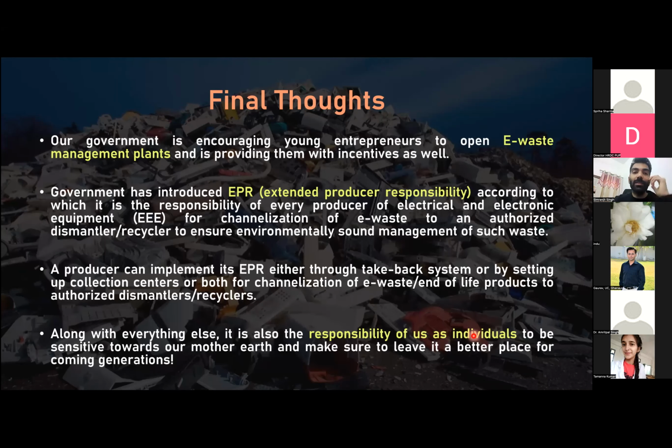So the final thoughts, finally I come to the end. Our government, especially I'm talking about India now, is encouraging young entrepreneurs, they've started a lot of schemes for young people, young entrepreneurs कि e-waste management के प्लांट खोलो, उनको इंसेंटिव भी देते हैं, परफॉर्मेंस लिंक्ड इंसेंटिव बोलते हैं, PLIs भी देते हैं उनको, कहते हैं कि आप करो, और उसके लिए गवर्नमेंट